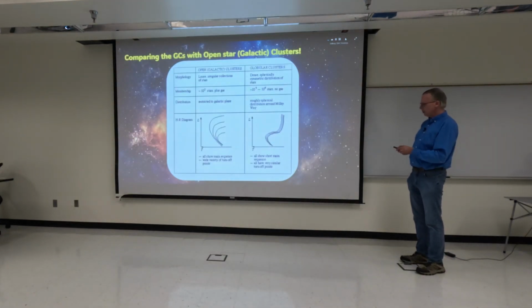I won't dwell on this a bit, but one of the most interesting things is that when we think of the turnoff points, it can vary wildly for open star clusters. So open star clusters can have anywhere from M to O class stars, from the very red to the very bluish. Whereas all globular clusters have a similar turnoff rate, and the turnoff is very short. They can go up to the hot end of the F-class stars, and that's it. Unless they have blue stragglers forming, no O, A, and B class stars whatsoever. In fact, they tend to have very few supergiant stars that still exist.